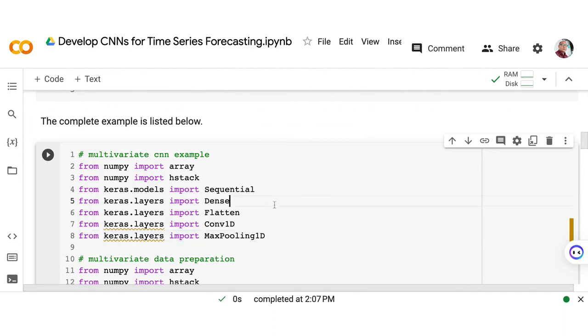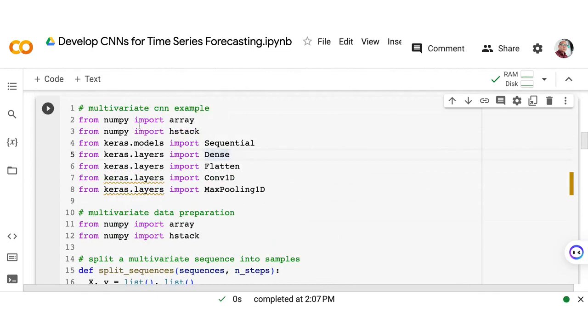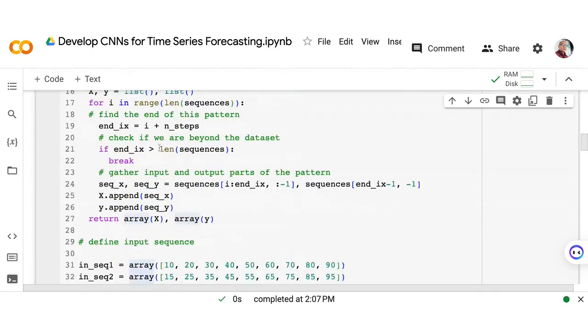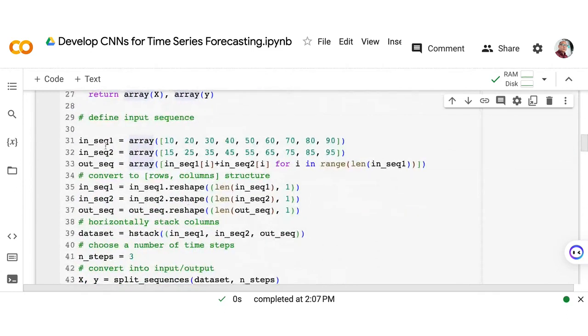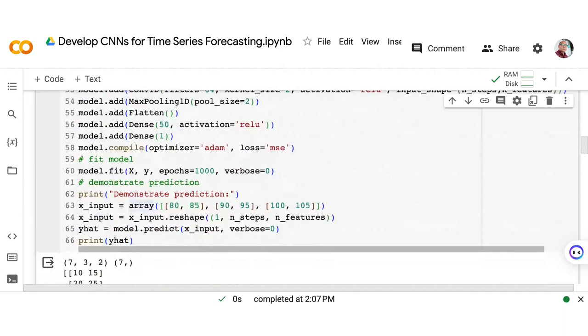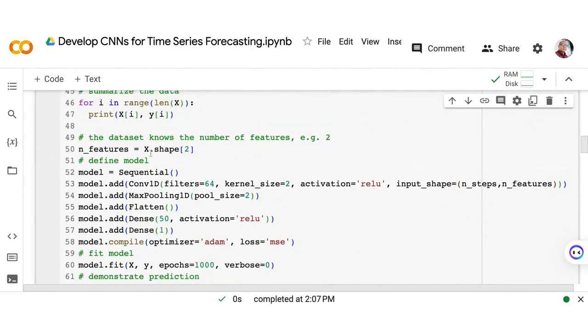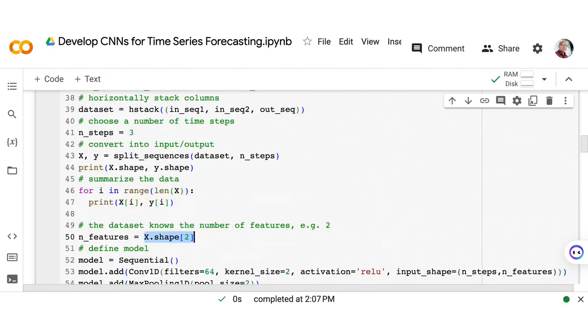All right. So I think that's it for the libraries that we need. And then this is the input sequence that we have. And as you can see here, what is now the number of features? That is the third index of our X shape. Ano ba yung third index natin?